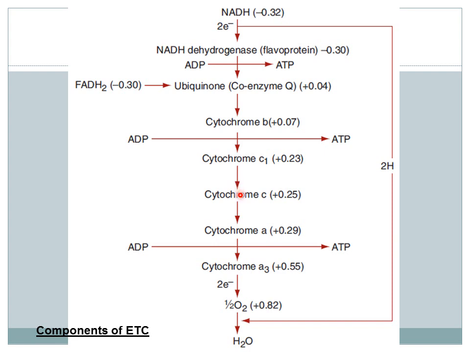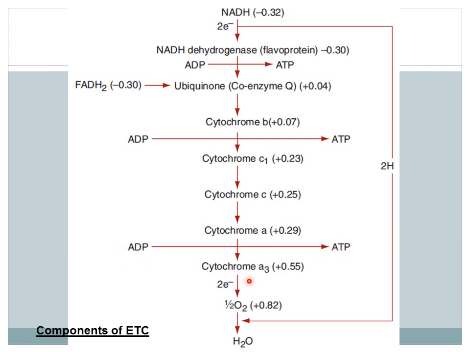The same thing from cytochrome C to cytochrome A, the redox potential is not sufficient to give ATP here also. So cytochrome A redox potential is plus 0.29. Then from cytochrome A, the 2 electrons flow to cytochrome A3 with redox potential 0.55. So the redox potential difference between cytochrome A and A3 is great. So here the release of energy is 7.4 kilocalories, and there is formation of ATP from ADP.